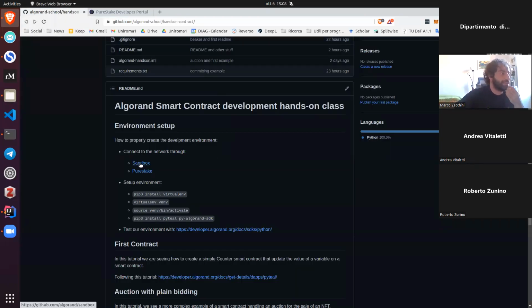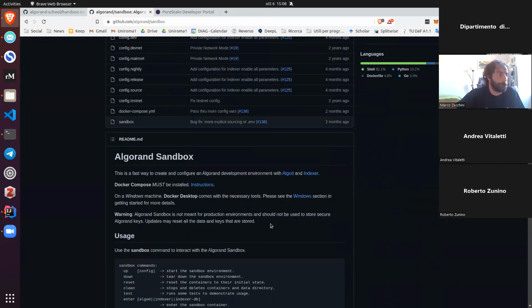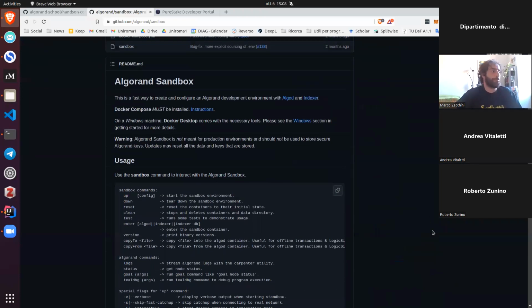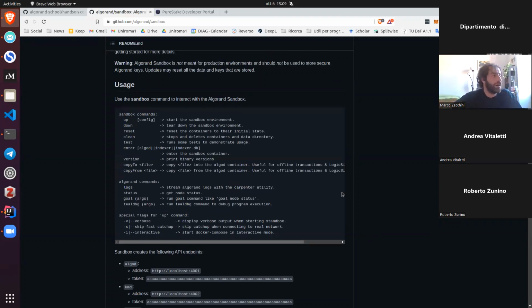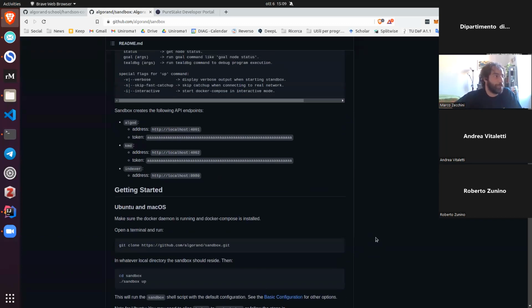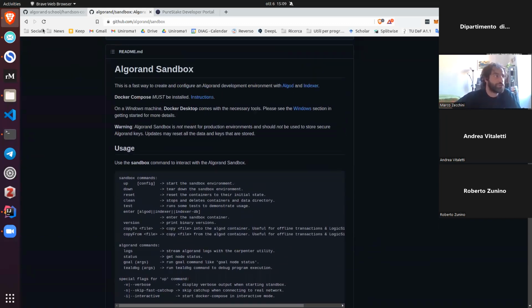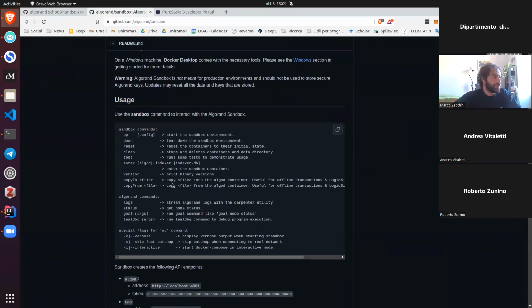And the other way to do that is using the sandbox, which is a tool provided by Algorand, which essentially is a set of Docker images that we can use to connect to, and in order to create our private network or a node of the mainnet, testnet, betanet, or the things that we want. And this is the option that we are going to use today. The way to use the sandbox is very easy. We just need to clone